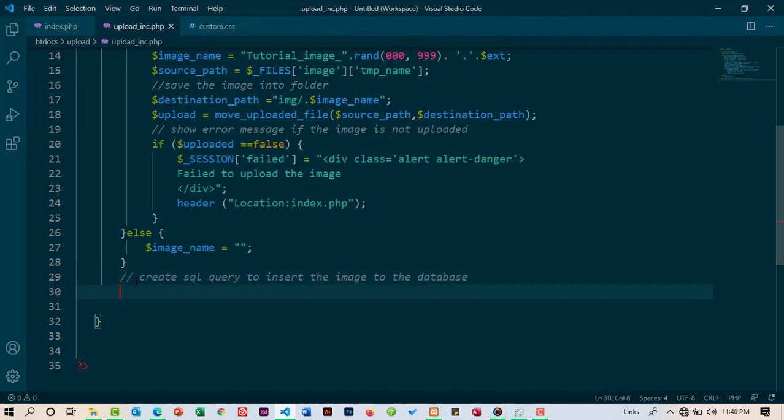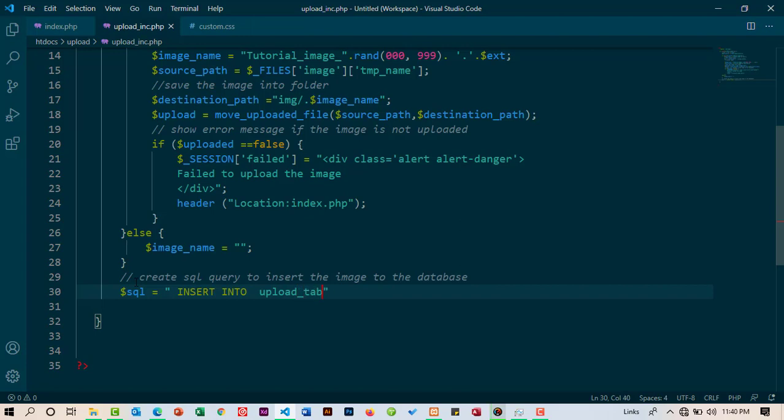And here I'll create a variable, call it sql, and I'll set this equal to insert into. This is a database table that we have not created, but we'll be creating it in a second. So I'll say insert into upload_table,